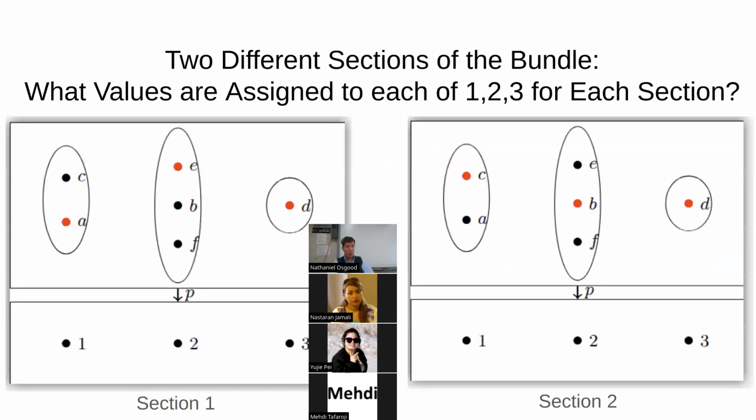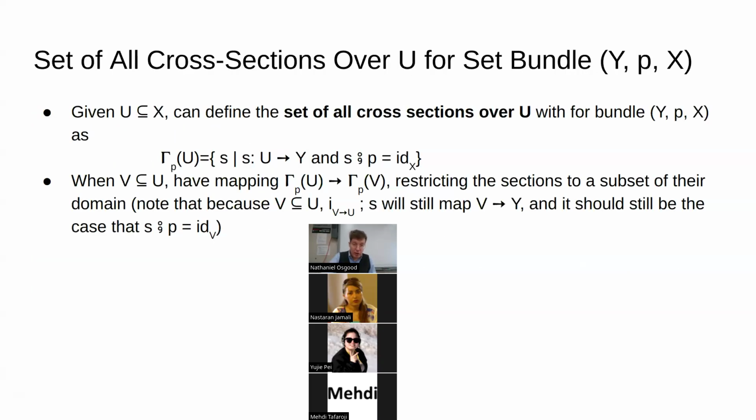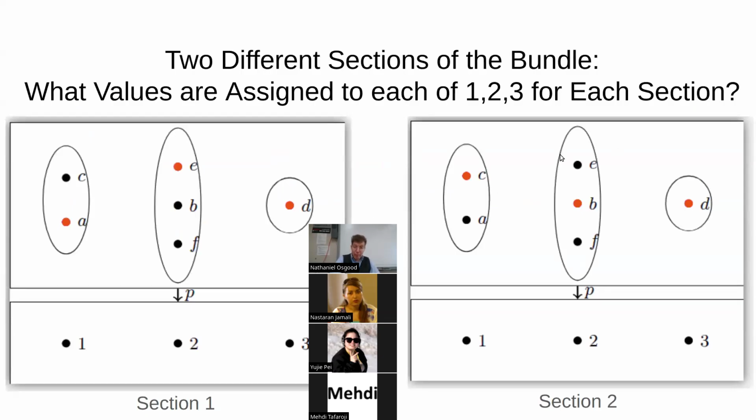I want to talk, though, about bundles. We've been talking about it for sets. I want to talk about them for topological spaces. For topological spaces, we have more structure. We have more constraints. It's not just any old map from this set to this set, any more than up on the board. We had any old map from the set ABCD to the set 1, 2, 3, right? That we had that up on the board. Remember that? And we saw that